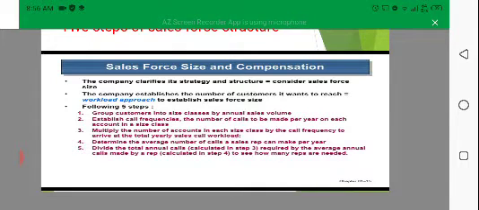What will be the sales force size? What will be the sales force compensation? Meaning what salary, what incentive they will give. So there are 5 steps defined by the